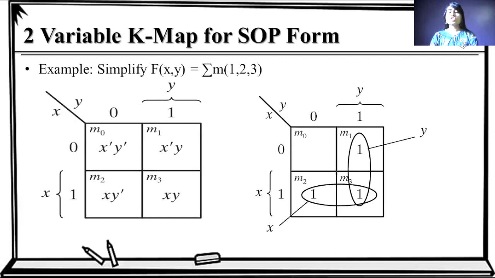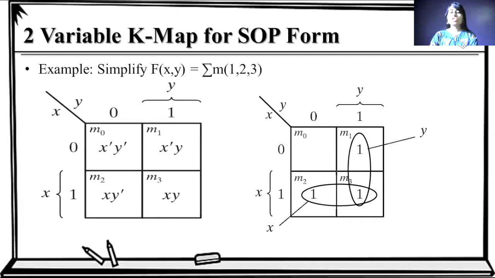After this, write the function for each group. So 1 and 3 are in one group. This can be represented by this circle. For this group we have the logical expression y. How can we write this logical expression? For both ones, see from both sides. There is no common term in the horizontal direction, as for the first x equals 0 and for the second x equals 1. So no common term. But in the vertical direction we have the common term y.